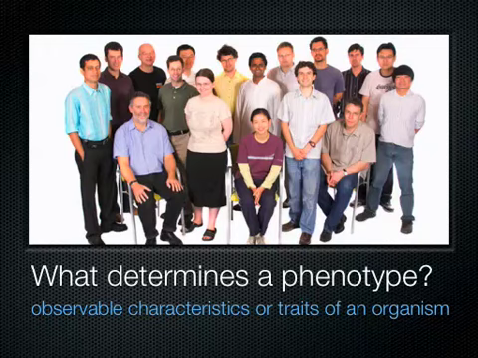What determines your phenotype? Well, your phenotype is your observable characteristics. So when somebody looks at you, what can they see? Your hair color, your eye color, your weight, your height. These are physical observations. Another part of your phenotype is also those that are not easily observable, like your intelligence level or your athletic ability. All these represent your phenotype and make you who you are.